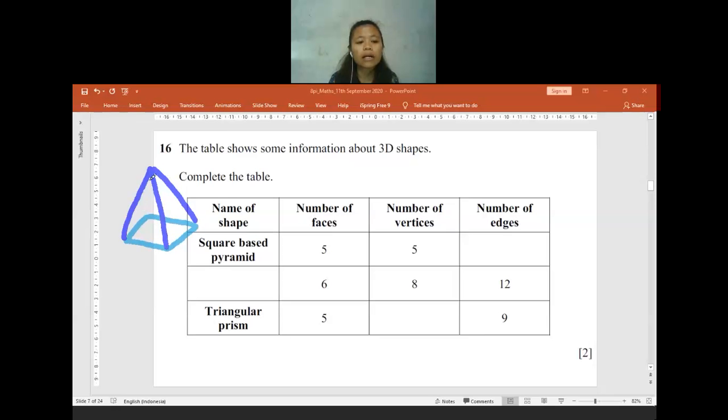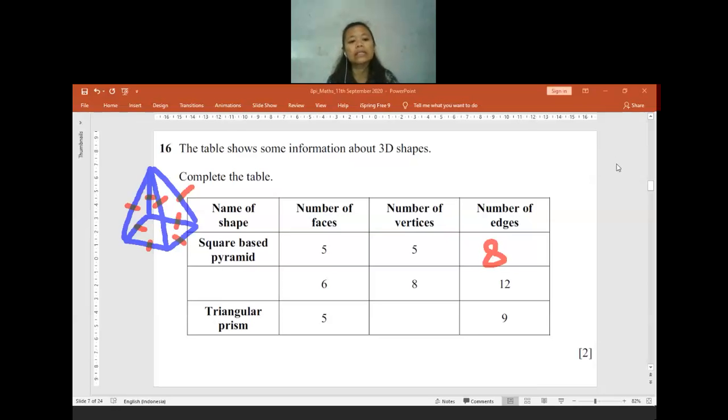Edges in here means we have to calculate how many lines there are. So this will be the first edge, second, and then this is the third, this is the fourth, and then after that 5, and then this one 6, 7, 8. So in total there are 8 edges. Is there anyone who still has any confusion? Or maybe my explanation is not clear enough? If you get confused, maybe you can try to draw it first.